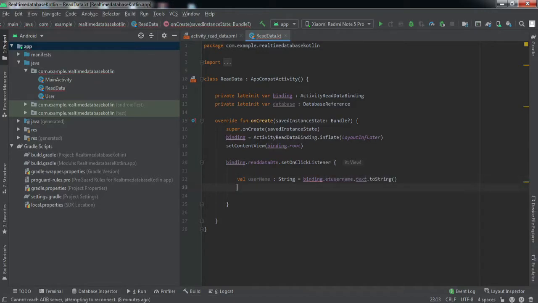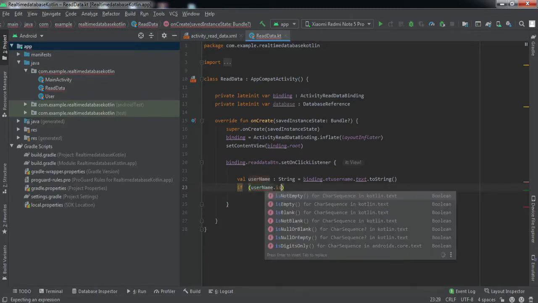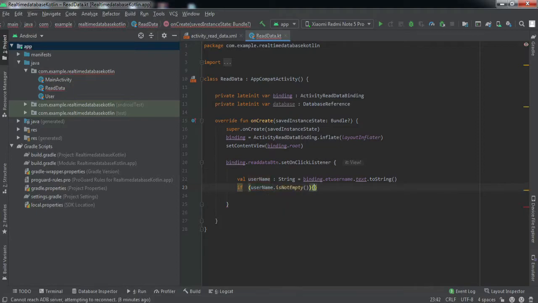Now we have got the username that was entered by the user, and we'll check that if username is not empty, then we'll call a method read data. We'll create this method, don't worry about it. Pass the username as an argument.